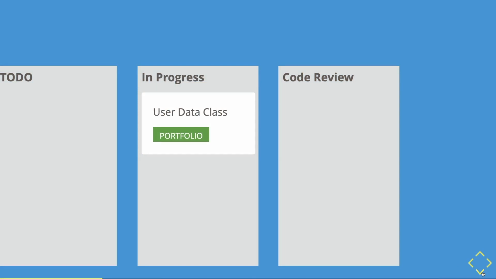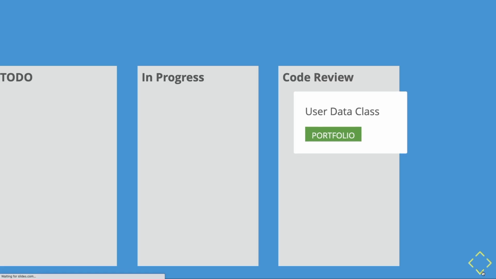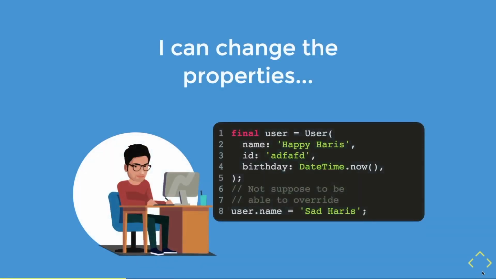Then you drag the task card from in progress to the code review column. You are so proud of yourself. Well, if you have watched my videos, it's not this short. Well, 5 minutes later, the user data class task card was back in the progress column. Then you ask your senior developer why, and he says the class object that you have created is able to change its properties. If you were to create a user object, you can override it, which is not supposed to happen, which brings us to the first point: